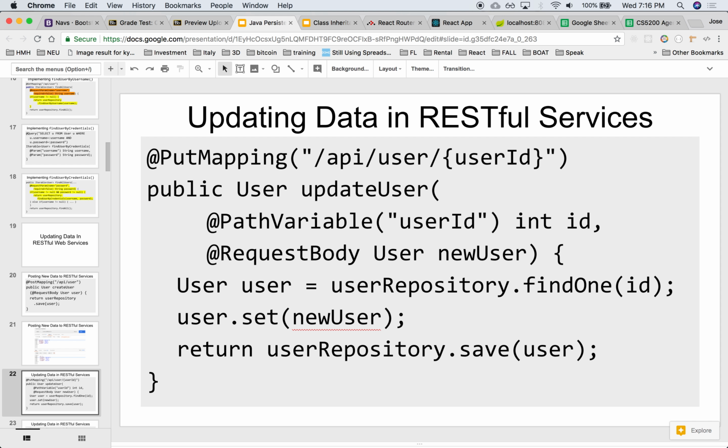Post RESTful, update user is a little bit different. The way JPA works is that to update something that already exists, you first need to find it. You need to go and retrieve it from the database. Once you have it in memory, that object is considered to be a managed object. Right? It's not just a plain old Java object. It's an object that is tied to the database. Whatever you are doing to that object, the ORM is keeping track of any changes, right, to make sure that